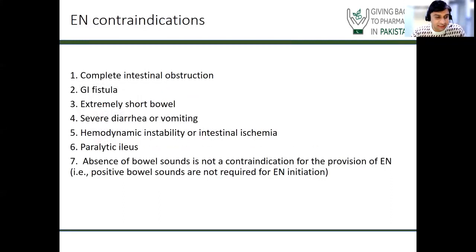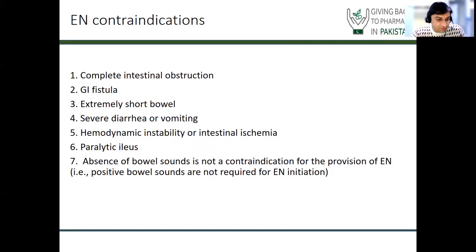So what are the contraindications? If the patient has complete intestinal obstruction, GI fistula, short bowel, severe diarrhea or vomiting, if they are hemodynamically unstable or have intestinal ischemia, if the patient has paralytic ileus,